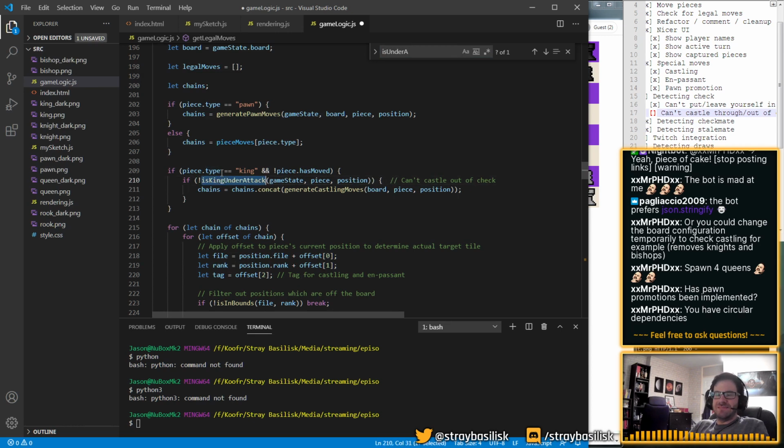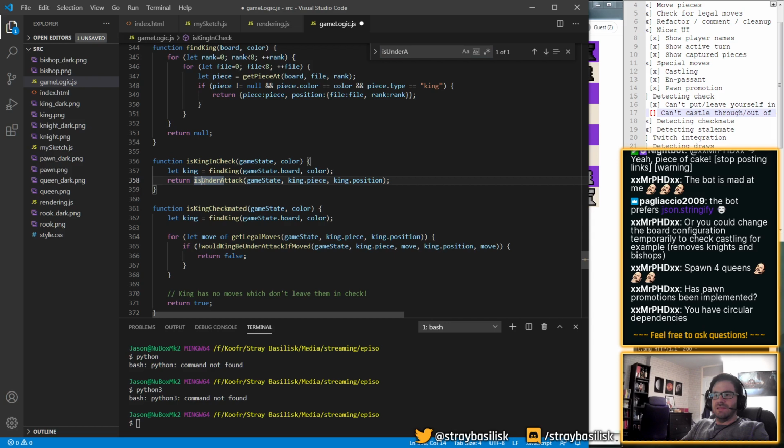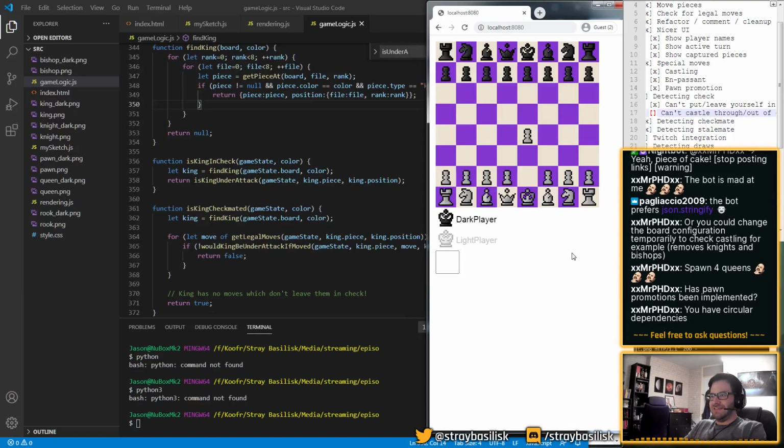Okay, this is somewhat better because it's no longer general purpose, but at least the name now reflects that. So I've deferred solving the problem of how we'd actually implement an is under attack function that works in all cases without any circular dependencies, but I've at least named it to reflect that.